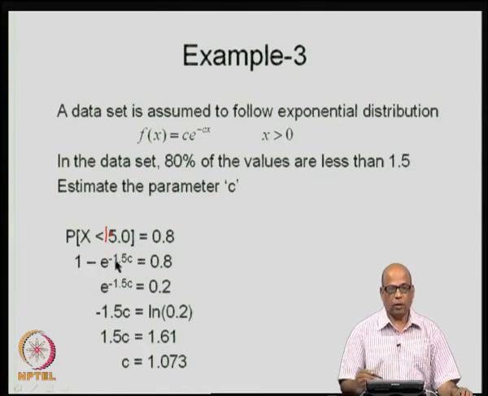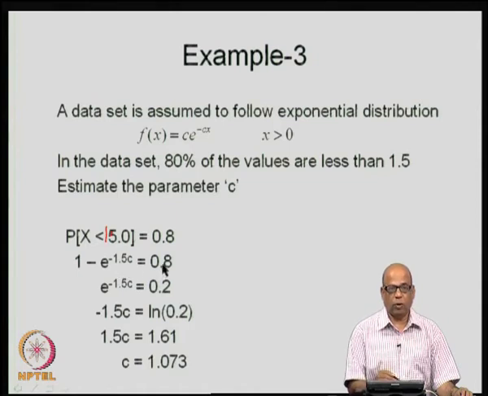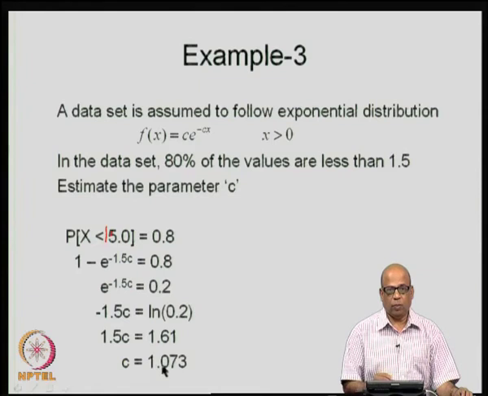Recall that it is 1 minus e to the power minus lambda x. In this particular case, lambda is c. So, we write this as 1 minus e to the power minus c into x, x is 1.5, this is equal to 0.8. So, e to the power minus 1.5 c is equal to 0.2, from which you get c is equal to